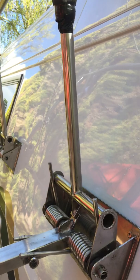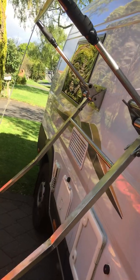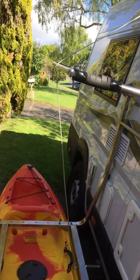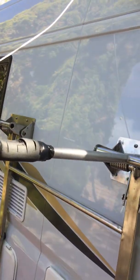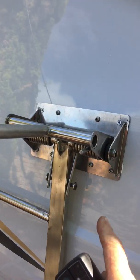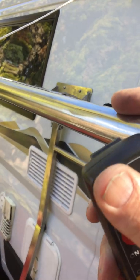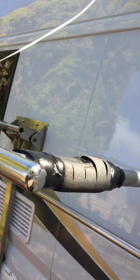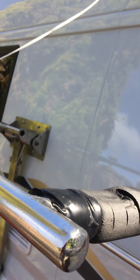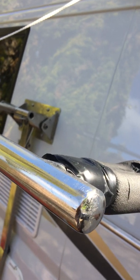The reason that we've got that is for two particular points. One is that the spring is very, very powerful, and if you didn't have that arm, it would just buckle the body, because these four springs on here, I'm struggling to load each one in. They're very, very powerful. So that is pushing the load between the two arms back into the vehicle. There's very, very little load actually on the side of the van. The only load on the side of the van is the weight of the kayak, which is about 20